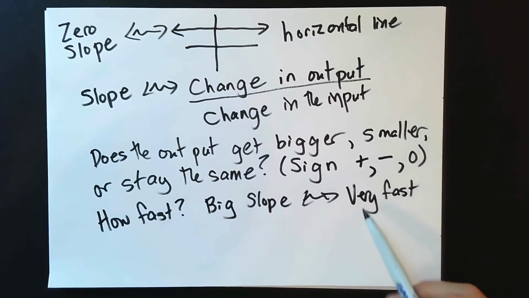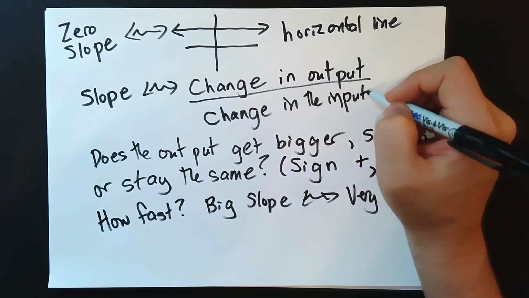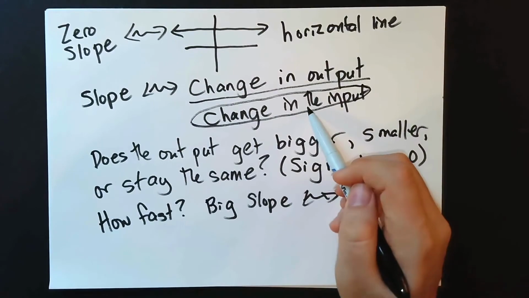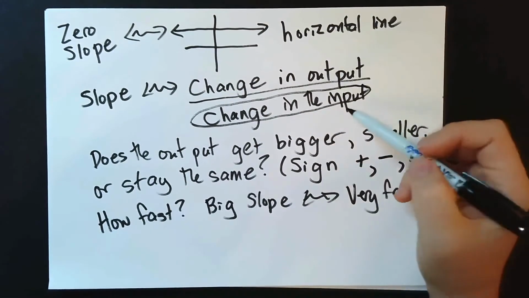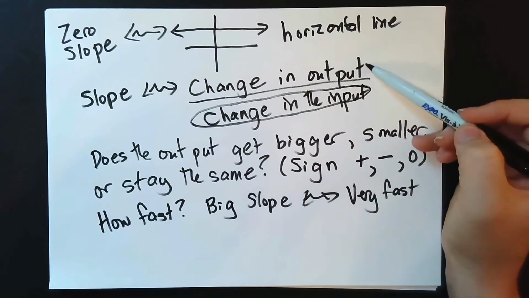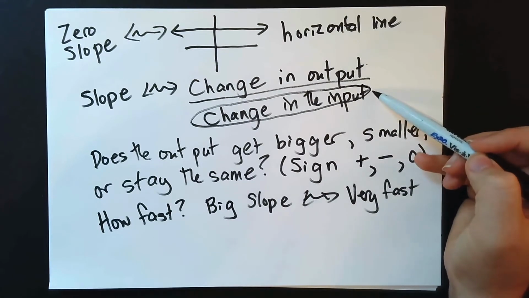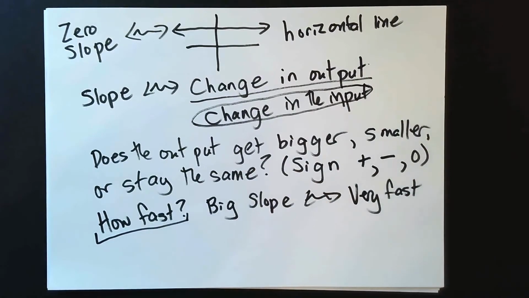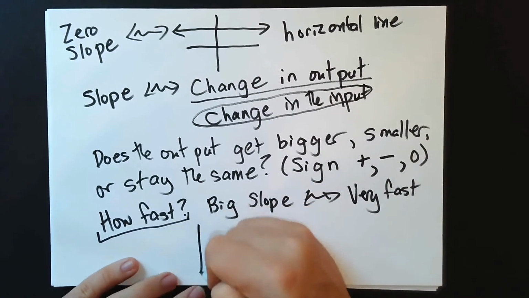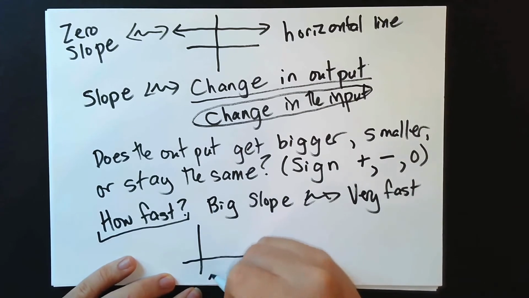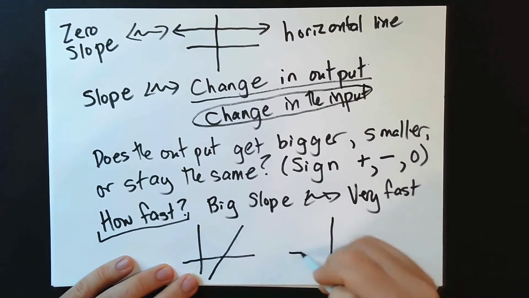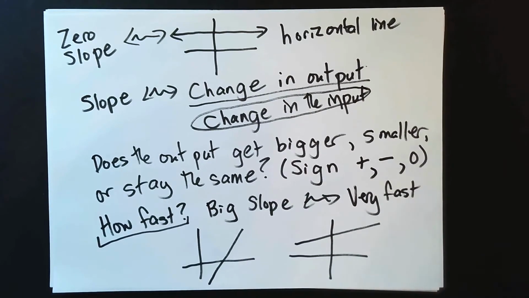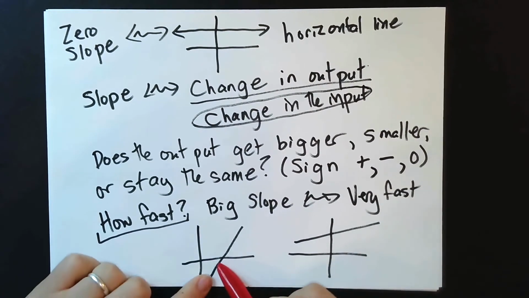And the reason why we have this change in the input piece here in the denominator of the slope is that we really need to decide, how does the output change as the input changes, in order to make sense of the question, how fast does this function increase? And so if I draw you two lines, one steep, one not so steep,